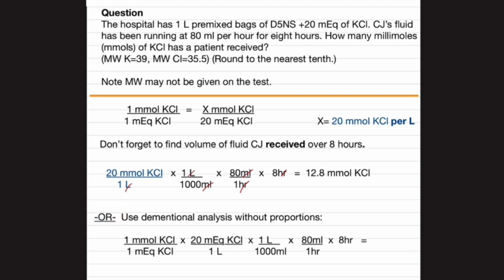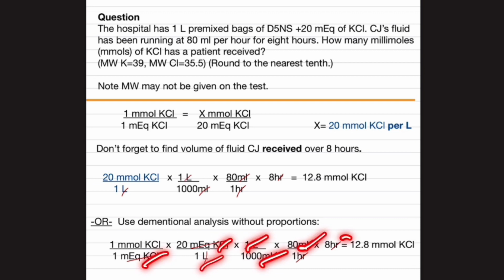Another way we can do it without using the proportions would be dimensional analysis. So we start out with what we had in the equivalency chart. We know that 1 millimole potassium chloride is equal to the valence number of milliequivalents potassium chloride times 20 milliequivalents potassium chloride, which is what was given in the question, over 1 liter. Convert that to milliliters, milliliters per hour for 8 hours. We can cross out our units. After we do, we get the same answer. Congratulations! You got